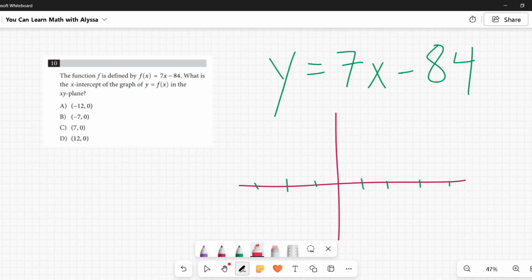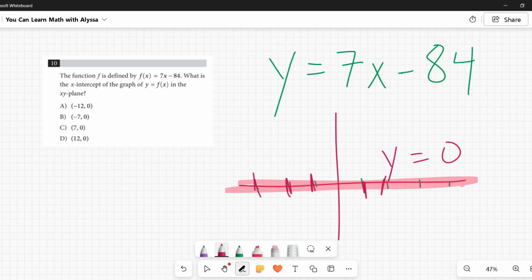So anywhere that is the x-axis, y is equal to 0. Anywhere on there, any of these coordinates, y is going to be 0. And you can see that reflected over here in the answers. The y value is 0 for every single one of those. So even if you didn't remember that fact, if you looked over at those answers and hey, the y is 0 in every single one of these, it gives you a clue as to how to do it with our